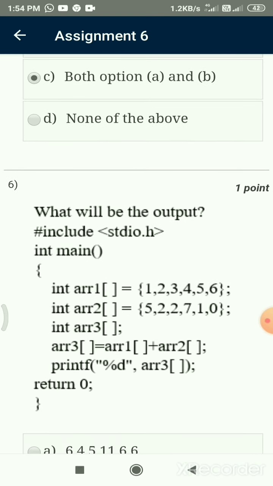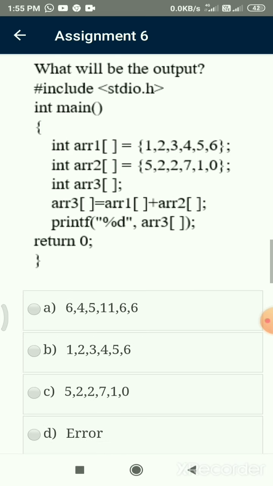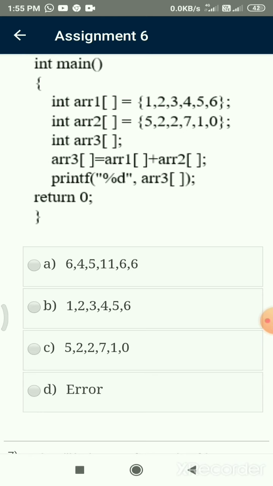Come to the sixth question. What will be the output? Some code is given. In this code, let us observe the third statement, int array of 3, where square brackets are specified but the size is not specified. Without specifying a size, the C language never allows it, so definitely we get an error.